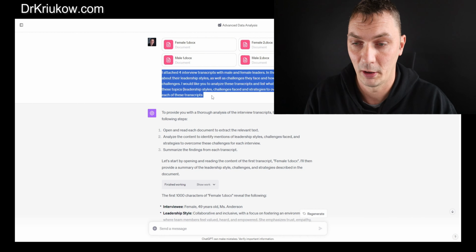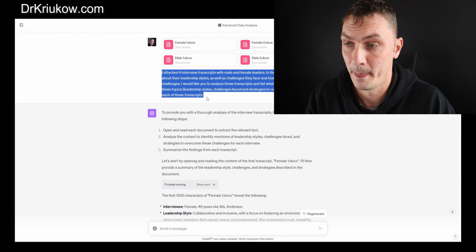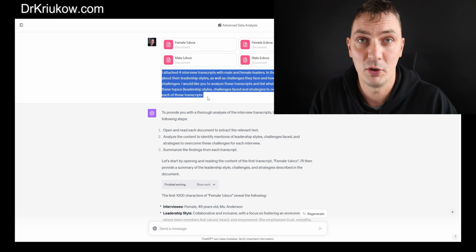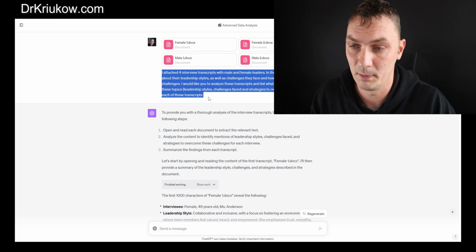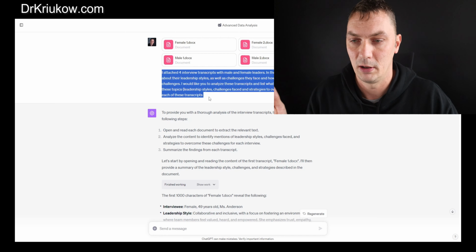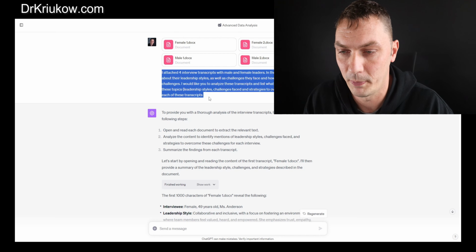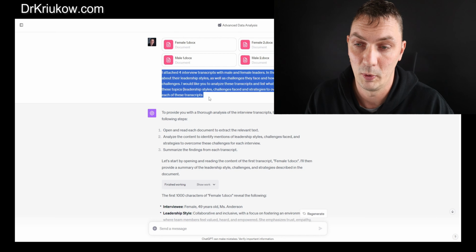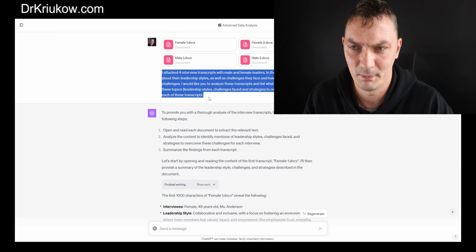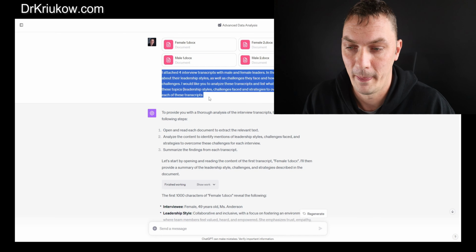So I kind of worked on simplifying my instructions as well. What I found is that if you insist too much on it being a structured qualitative data analysis, it goes into detail of all the coding and it tries to make it proper data analysis, which often I feel like results in it basically overwhelming itself and breaking down.